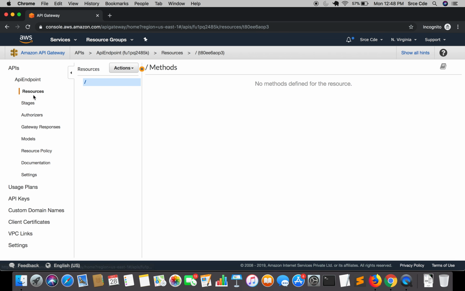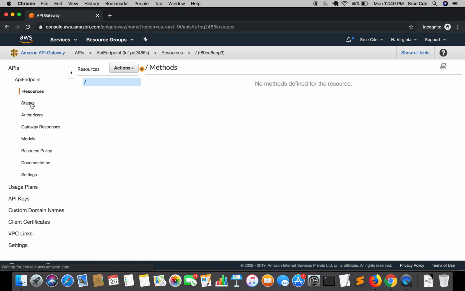So here we have resources. Resources is something like www.xyz.com/version2/delete_method, right? So that /delete_method is ideally a resource here that we are going to create in the next tutorial. Once the resource has been created, we can create the method under that resource. So for example, for the delete_method resource, we can select delete as a method under that.